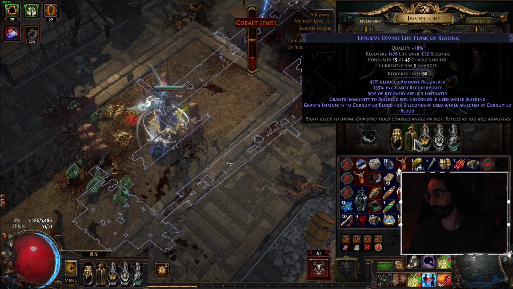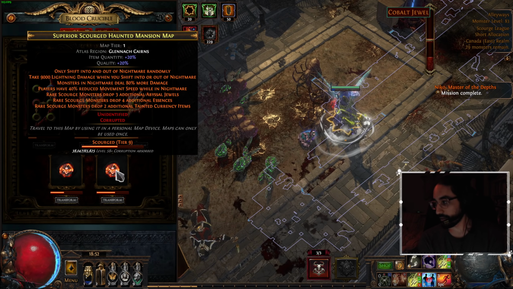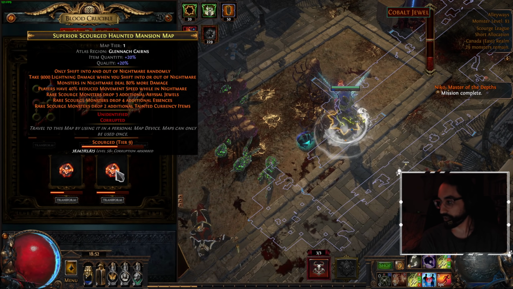This is a pretty cheap strat. I love the layout, which means it's a really fun strat. It's a good way to level up your T1 Haunted Mansions. I don't like the idea of scourging T1 maps. I find that so boring, but it's the meta, and I'm just gonna roll with it for now. I might switch it up later in the league, but